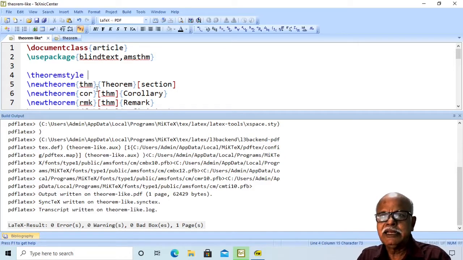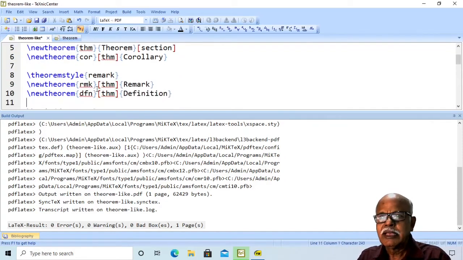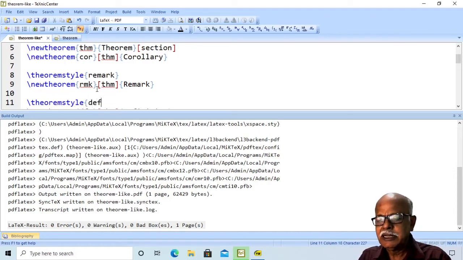With this, we can say theoremstyle is plain for theorem and corollary. For remark, you can say theoremstyle is remark. And for definition, you can say theoremstyle is definition.